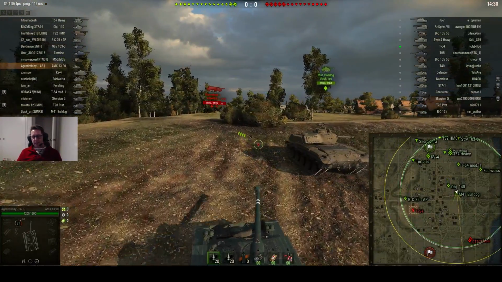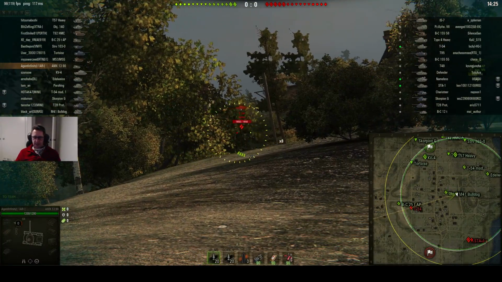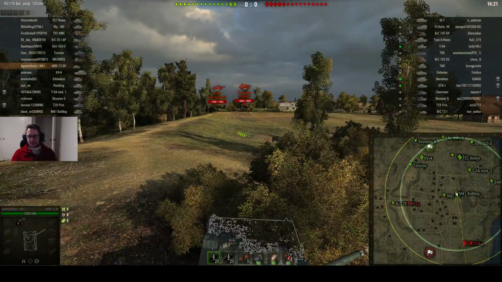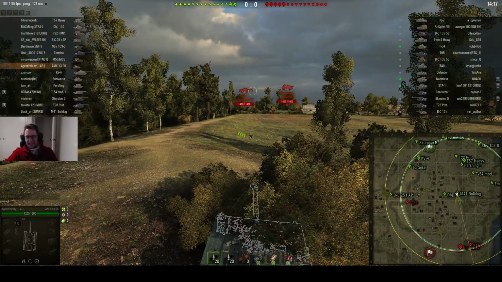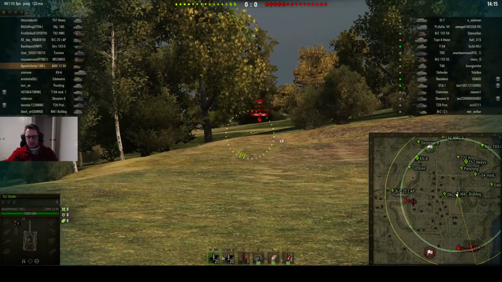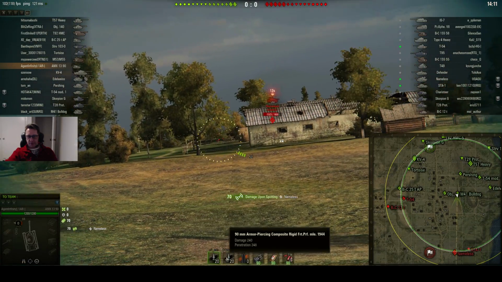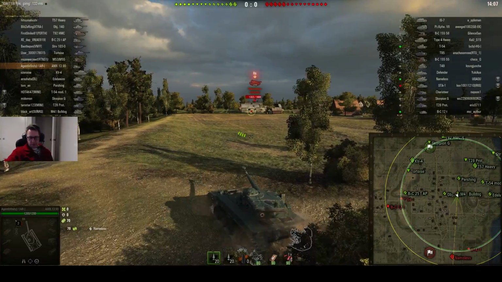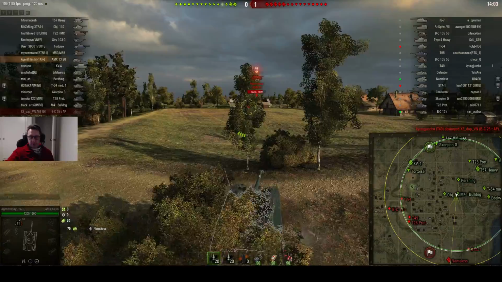Anyway, in this game he's in the tier 9 French light tank, the one with the auto loader. It's the AMX 1390. Now the AMX 1390 has APCR rounds as standard and as premium rounds. Standard rounds, 240 damage a shot, 205 penetration, 248 penetration for premium rounds, which is also APCR, which can get a little bit confusing. Anyway, this tier 10 battle,